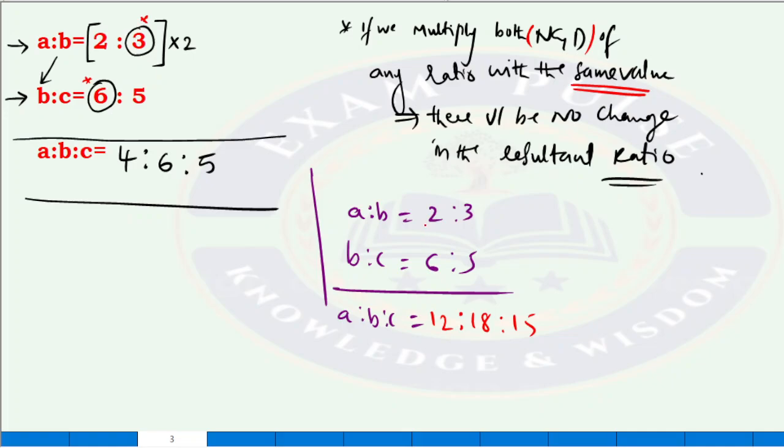What I did here: for the first one, multiply the first two; for the middle one, multiply the middle two; for the last one, multiply the last two. First one 2 6s are 12, middle one 6 3s are 18, last one 5 3s are 15. Again, do we need to divide? Divide with 3. In this case, whether you use this method or the other, there will be no big difference.